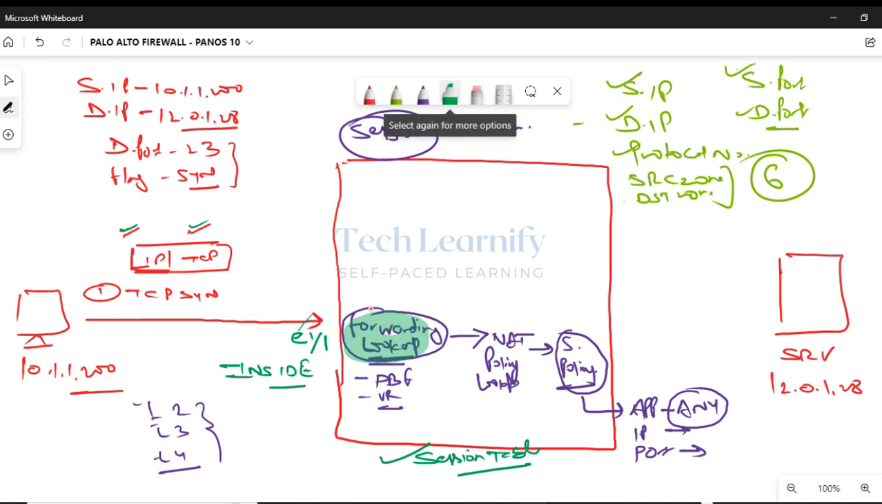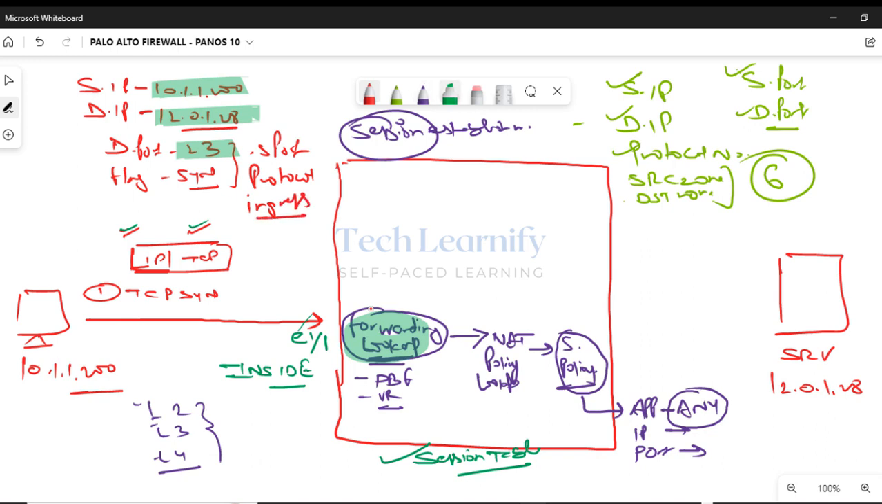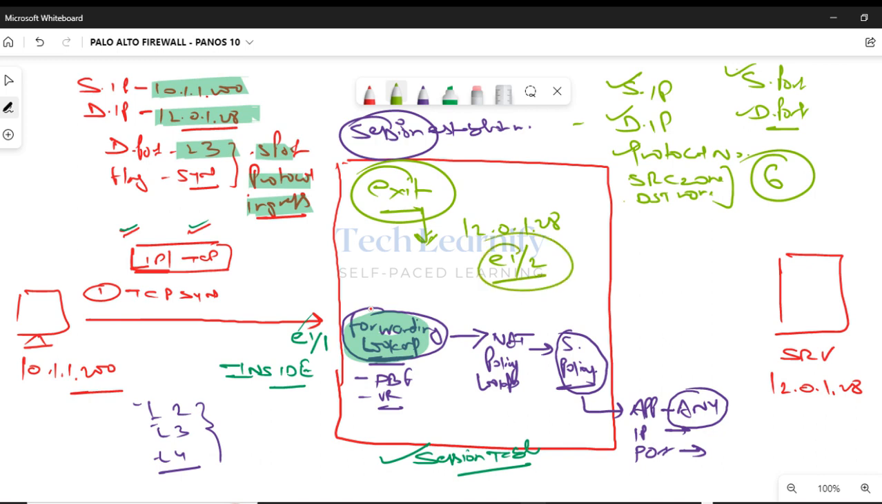So firewall knows the source IP, destination IP, also the source port, also protocol number, even ingress zone is known, right? Because ingress zone is inside. What is missing here? Destination zone. So in order to identify destination zone, exit interface should be known, right? Exit interface can be identified after performing routing table lookup, right? So if firewall finds a matching route for 12.0.1.28 and exit interface is Ethernet 1/2, now destination zone is also known,